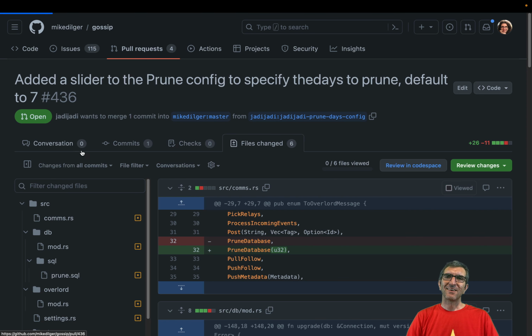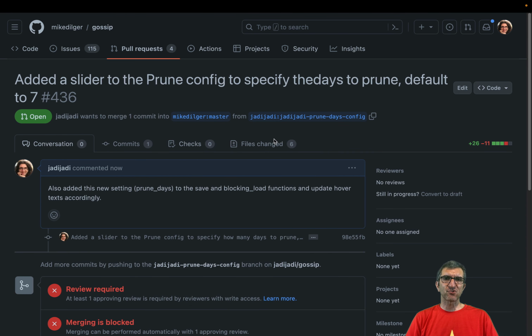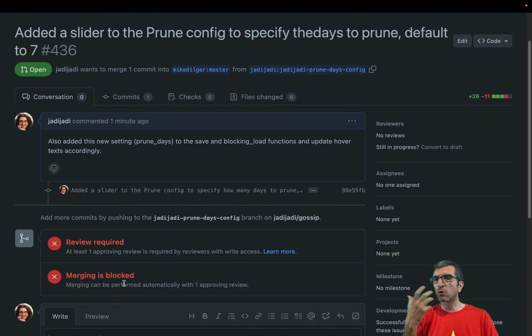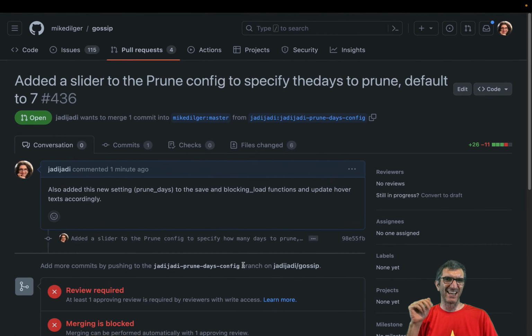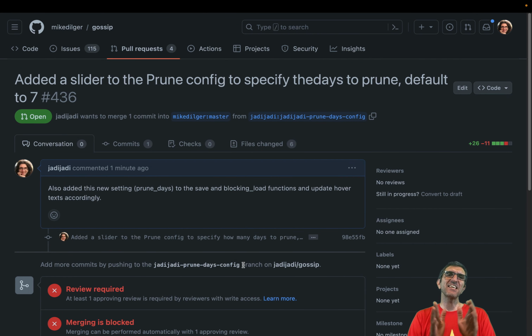Someone will go through these changes, make sure I'm not breaking anything. Afterwards, they should pull my changes to their computer, compile it, see if it's working fine or not. If it's okay, the reviewer will say this is okay. And then the maintainer or the main developer or whoever has access will approve it. Let's wait and see and hope. Have fun, and you saw how easy it was. Participate in projects and it will enhance your capabilities.